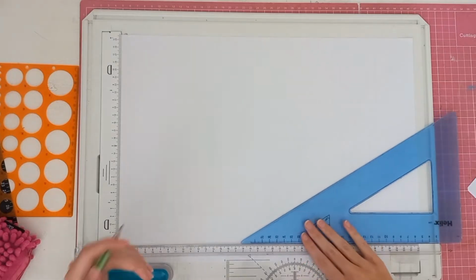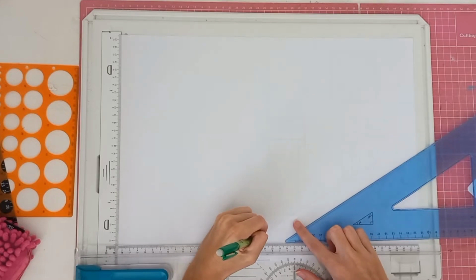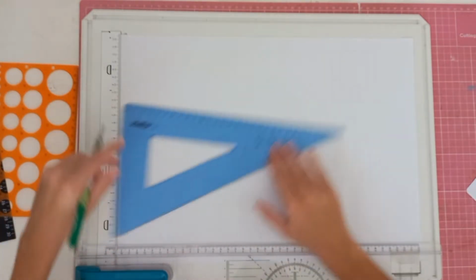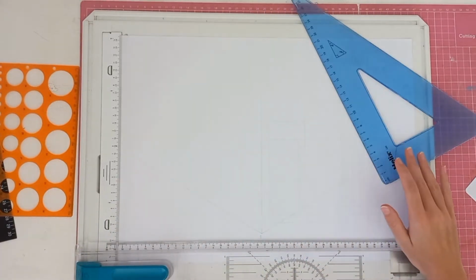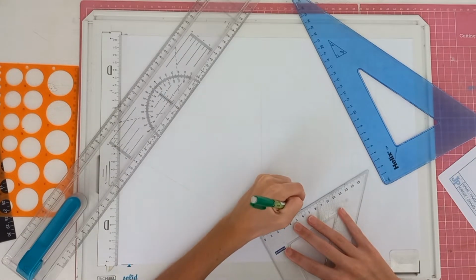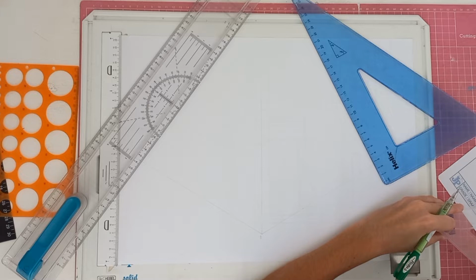So let's just start. This will obviously be our starting point over here, so let's just make it starting point S. So you're going to draw two 30-degree lines going on either side of the drawing like that, and then a line going up. So the first thing you're going to do is you're going to take a measurement of 65 and you're going to draw that measurement of 65 on this drawing sheet over here, on this line over here. And then you are going to take a second measurement of 98,